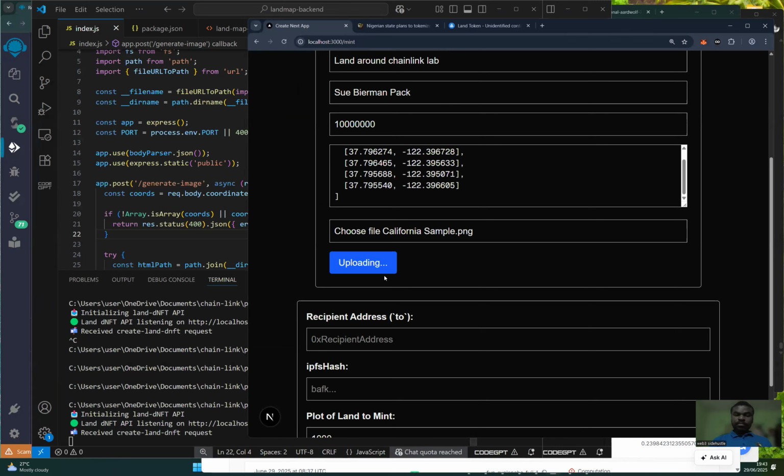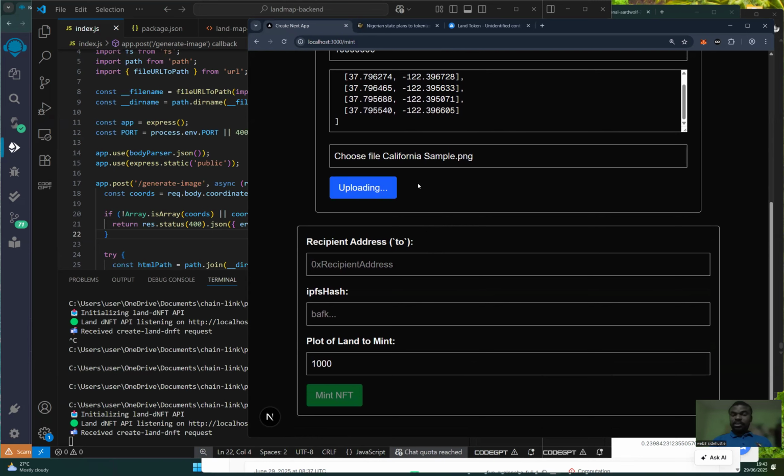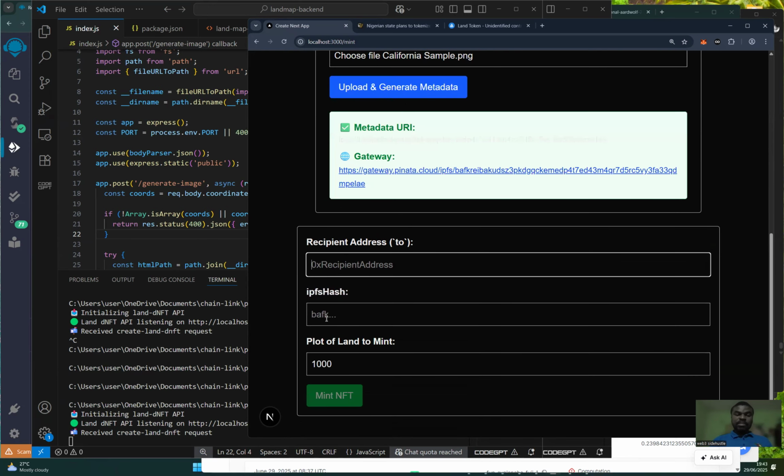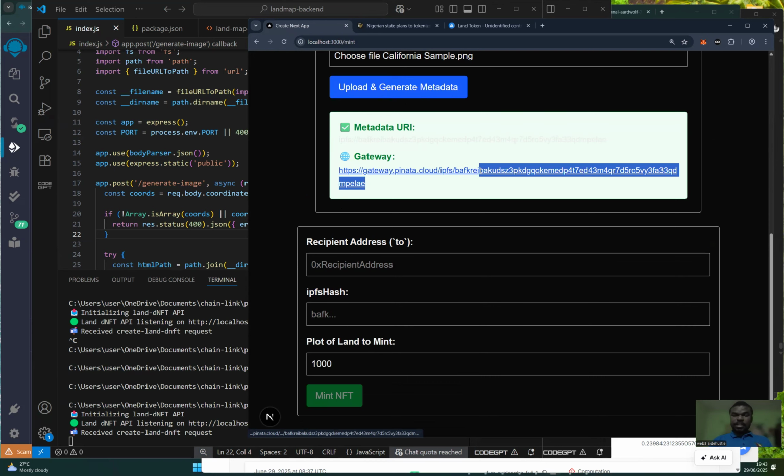Once this is done, it's going to be stored in the Pinata IPFS. Then it's just for us to input our address, the recipient address, of course, the rightful owner of this land, and the hash which we've generated here. I'll just copy this hash here because we need this hash to talk to our Chainlink